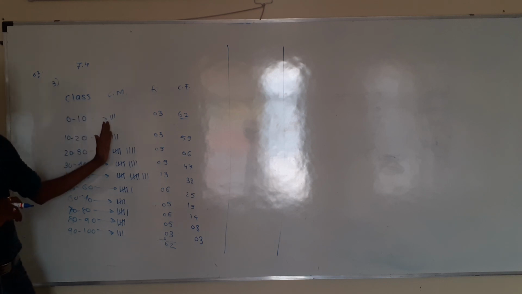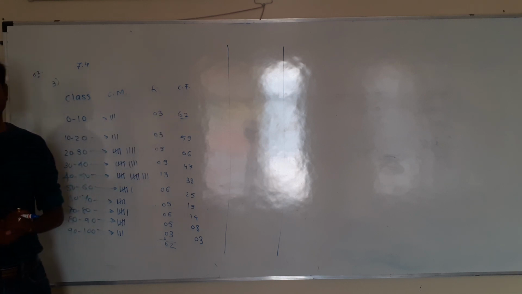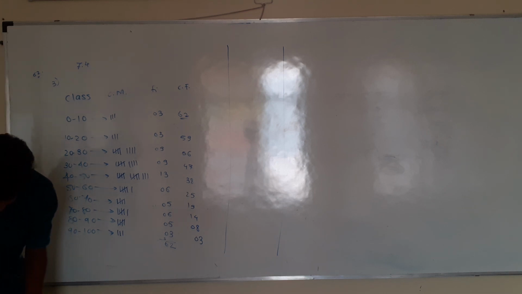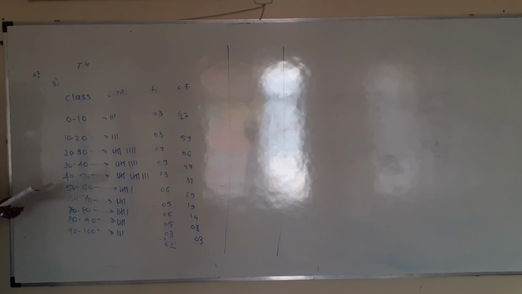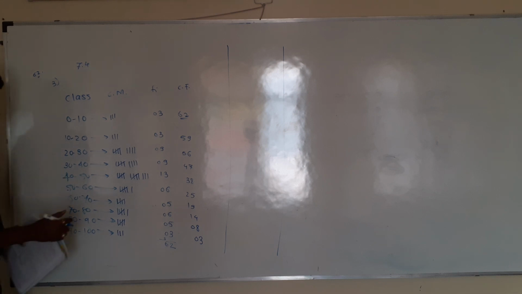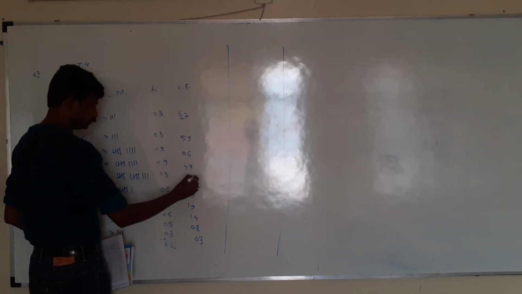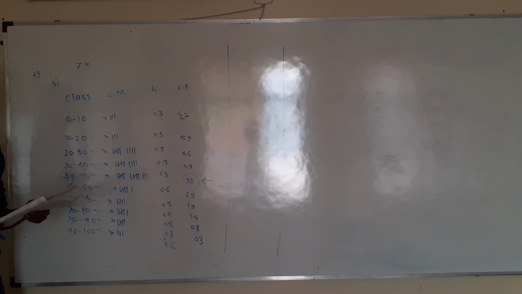So class cumulative frequency as per the given information and cumulative frequency more than or equal to type, more than or equal to the lower class limit. Based on this we have to answer few questions. Let us see the questions. First is how many students obtain marks 40 or above 40? So easily we can find out how many students score marks equal to 40 or more than 40. So these all students, and that is nothing but the cumulative frequency related to this class which will be 38. The students who score marks 40 or above 40 are 38 students.